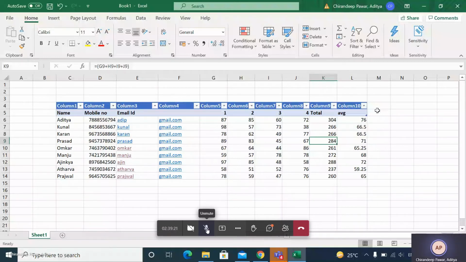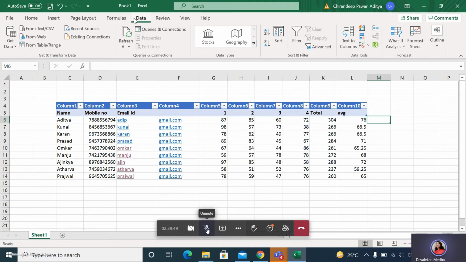What do you want to create in the drop down? Suppose any country name or anything like that. Okay, so go to your data tab.